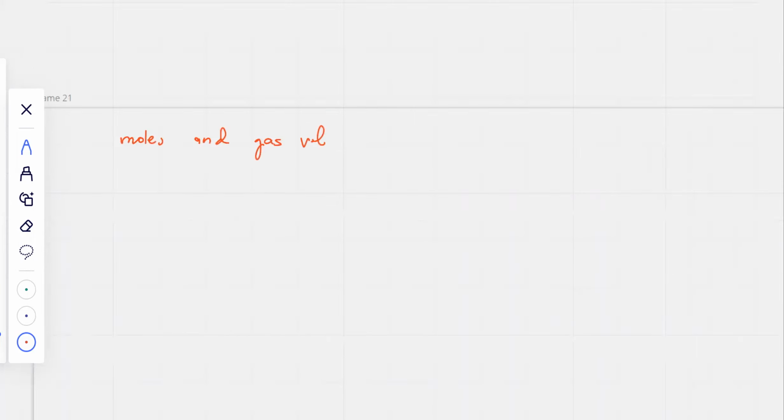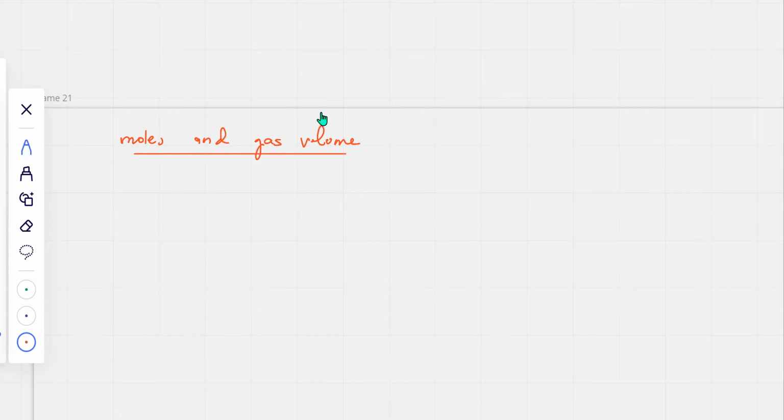So moles and gas volume. Now, what happens in moles and gas volume is that